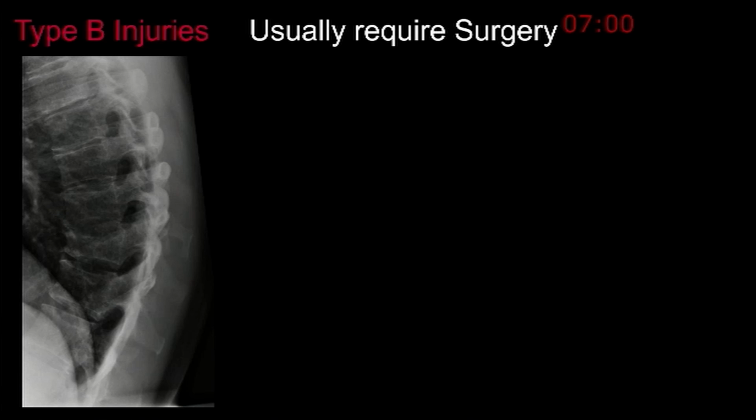But what happens if we treat them conservatively? So this is a young patient, 36 years of age. He fell from the second floor, had multiple injuries, and he was treated elsewhere. And he was referred to me 1.5 years after the incident with excruciating back pain. And when I looked at the X-ray, I saw this might have been a missed B-type injury, because all the reports before that, they didn't state that there was a B-type injury.